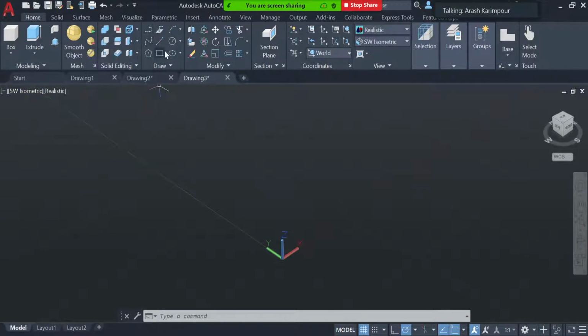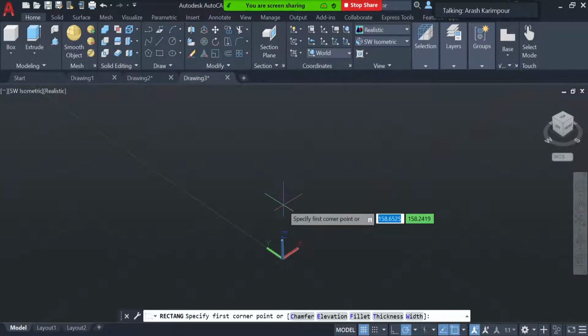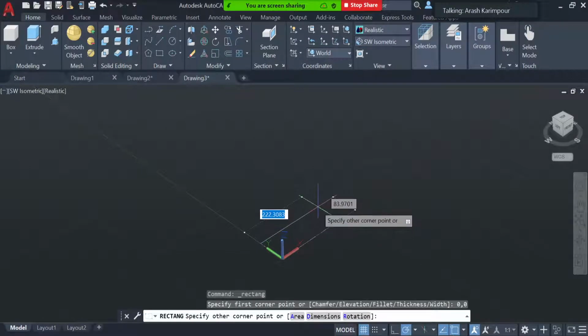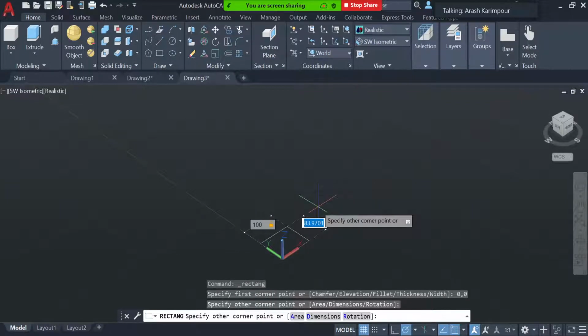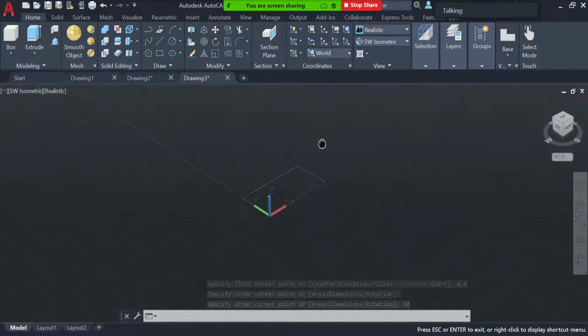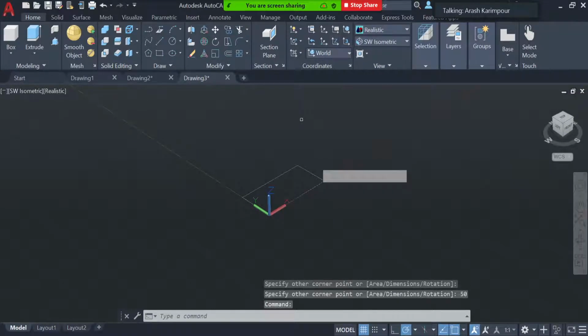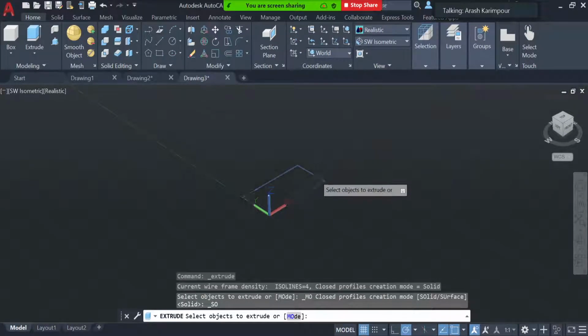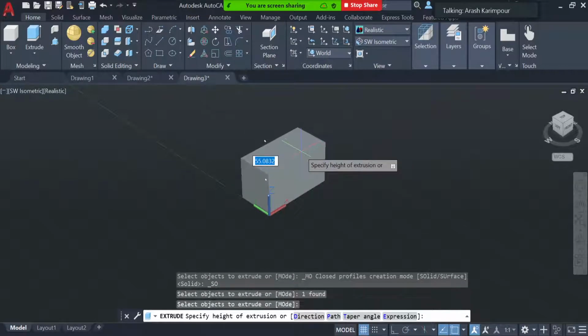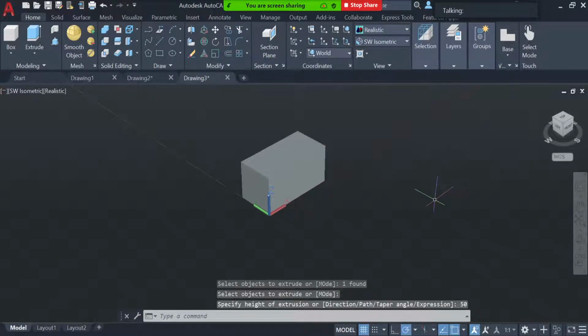So for example, let me start from 0 0, and then go 100 in the length, and assume 50 in the width. Then I select that and extrude it, let's say again 50 up as well. So I have a box like this,